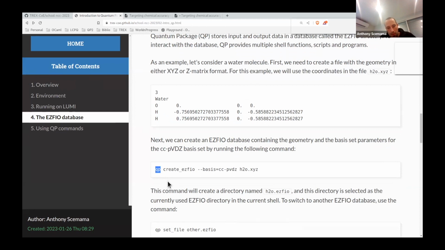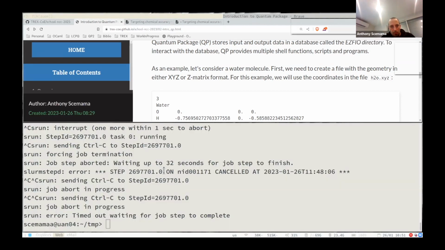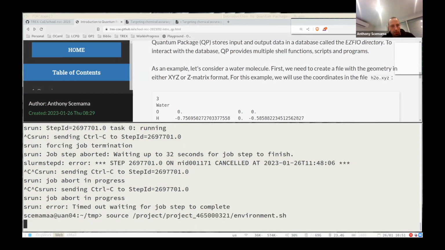And so you can do qp create_ezfio, and then you specify what basis set you want. So here we can use cc-pVDZ, for example, and you specify the name of the XYZ file. So qp is a shell command, so you also have tab completion. Okay. So I source the environment like this.